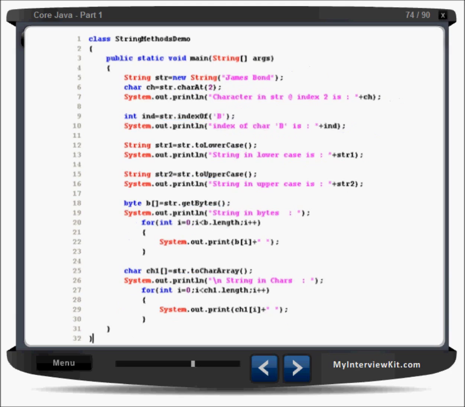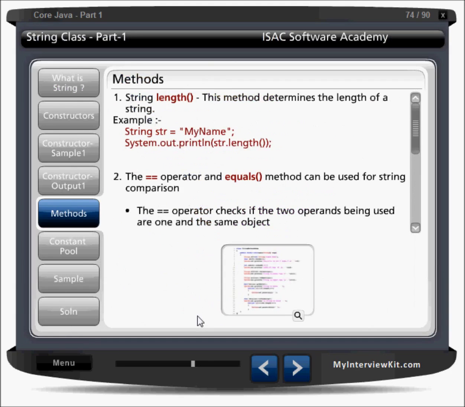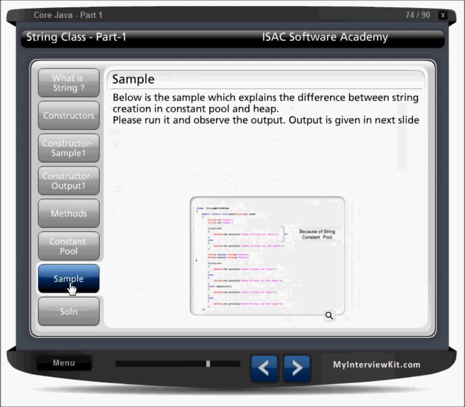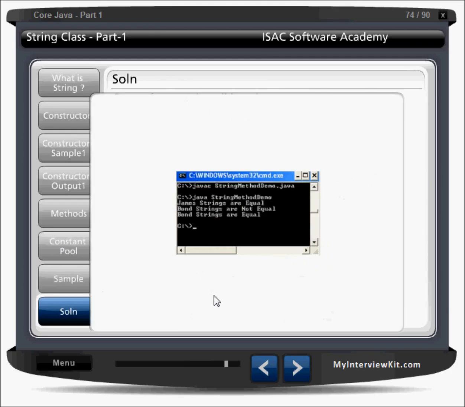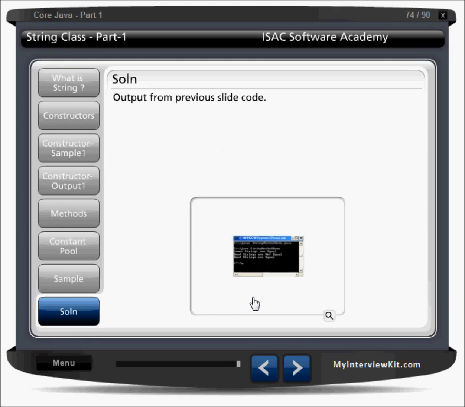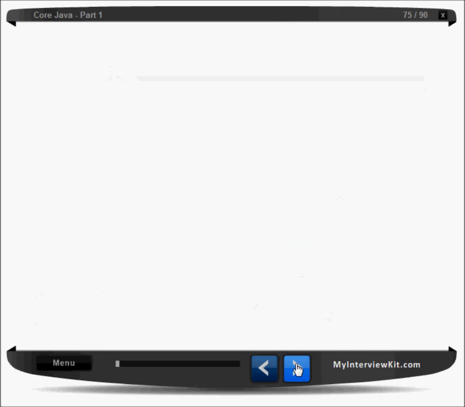So these are the methods. These are not the only ones; there are a number of methods in the String class which you have to explore. You can just write javap java.lang.String and you will get all the methods of the String class. You can even go through the Java documentation, where you can find all the methods in the String API. So the constant pool is understood, and this is also understood, right? So that's all about the String class.